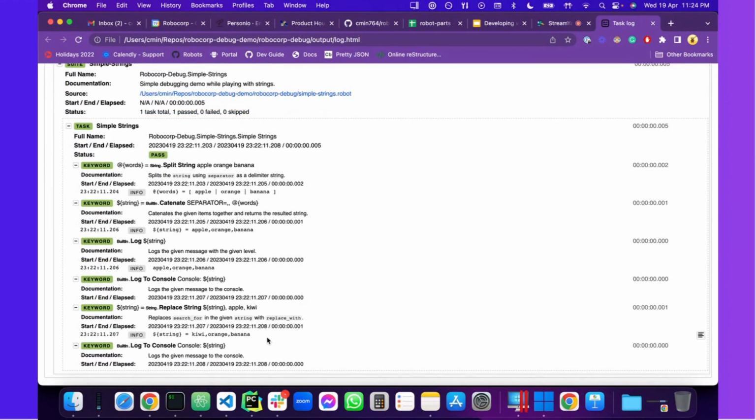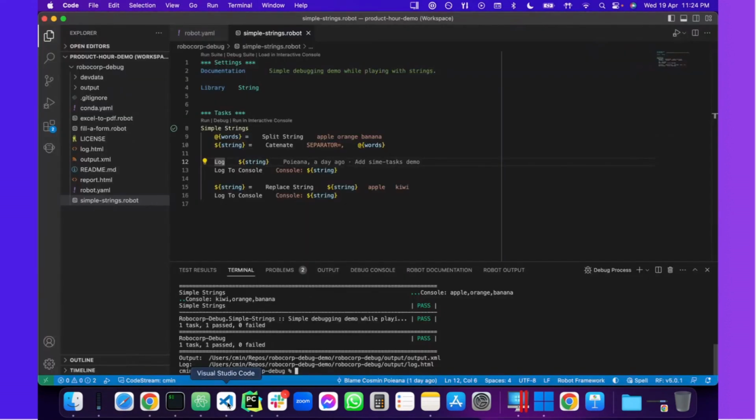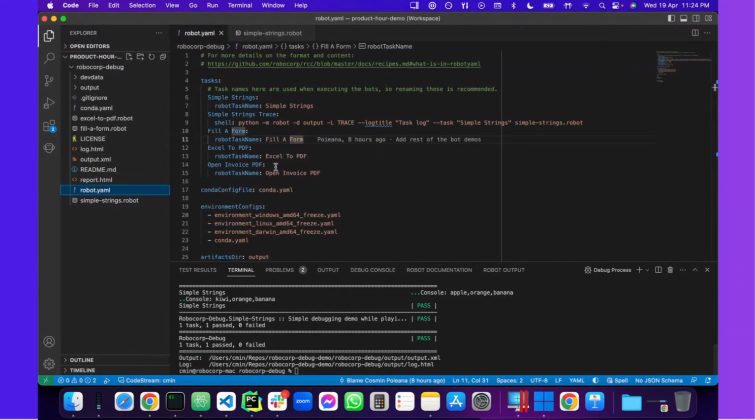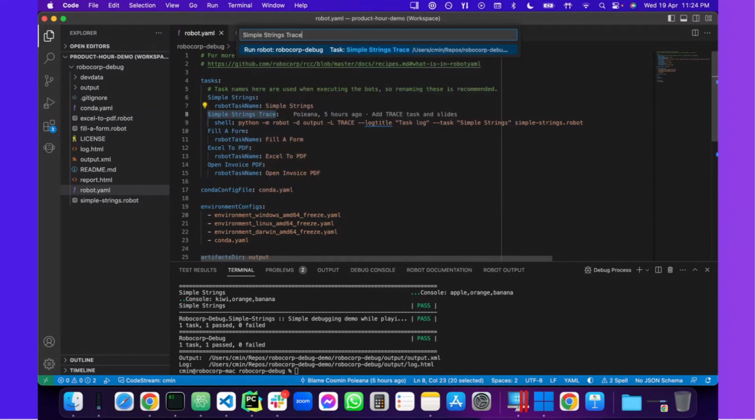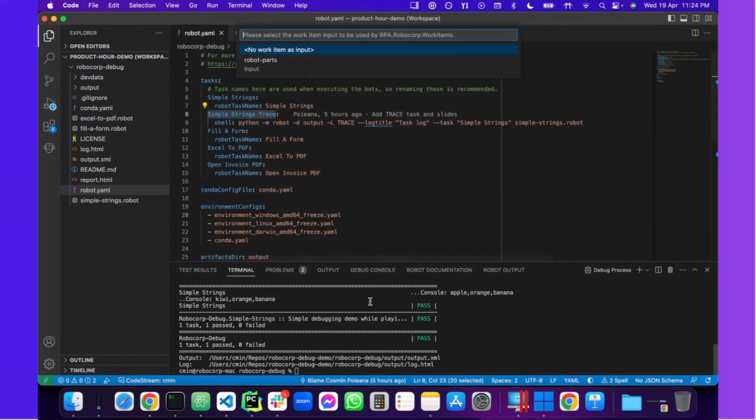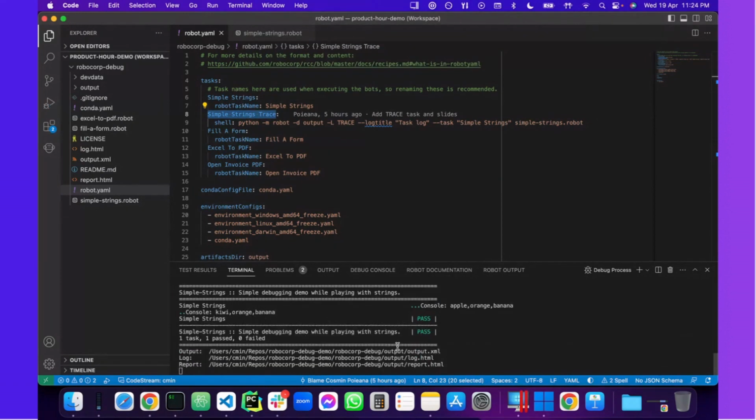And if that's not sufficient, let's say you want more details, right in the robot YAML file where you configure a bot, you can, for example, write a fancier, more custom way of running a task where you specify the shell command. And I'm having here an interesting ltrace command with a parameter which tells me, give me the whole log, including trace. So if I'm running this again with a trace, I should see my bot run in the same way.